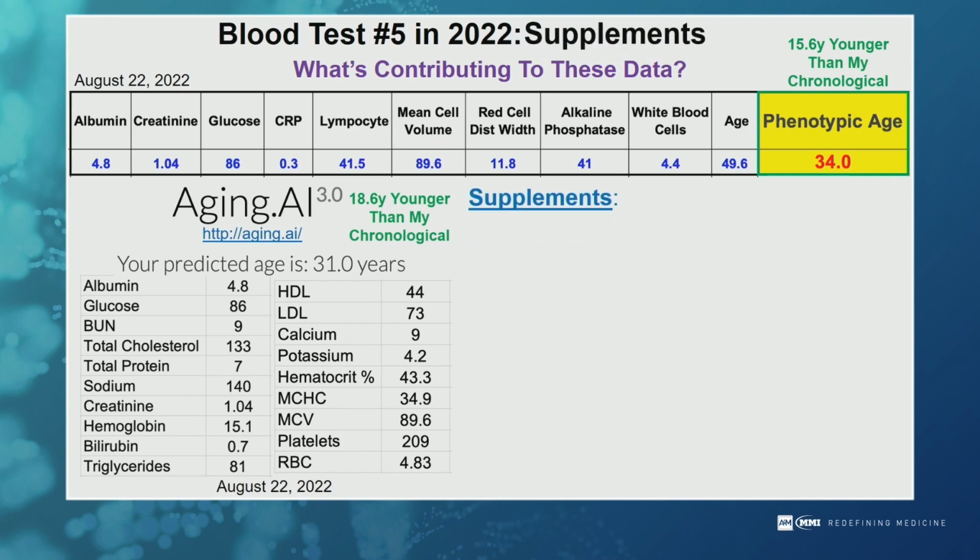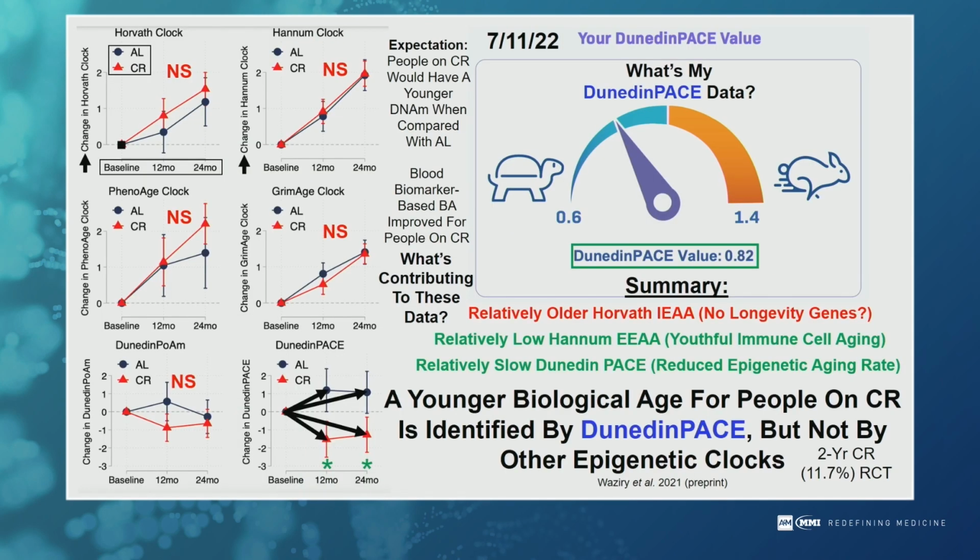Can you go back to the last slide? Yeah. So can you safely make the comment that using 4 epigenetic clocks, calorie restriction is not significant? So if you don't have patients that are on calorie restriction, then you